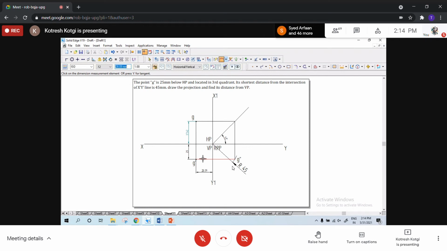Even if it is not given, you'll get the same answer. You draw it for 20 mm, 30, 40, the final answer will not change. Here they have not given it. If they give the data for distance from RPP, solve it for that distance. Otherwise, you can keep the front view at a convenient distance. I hope I answered, Surinder Singh. Yes, sir, understood. Is that clear? Yes, sir. Others, just understand. Let me know.